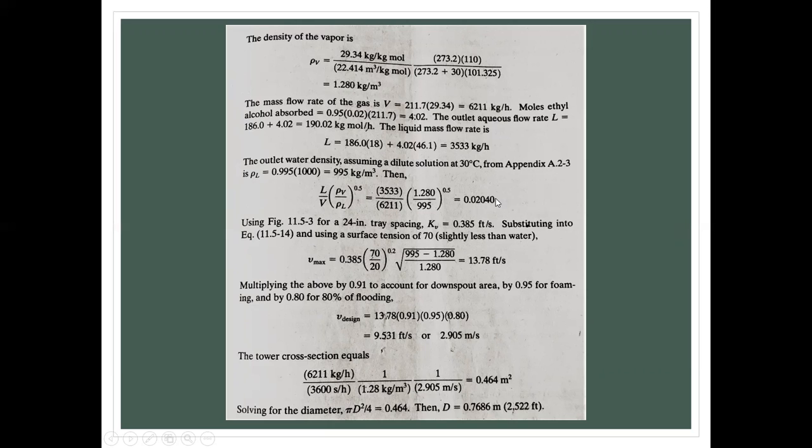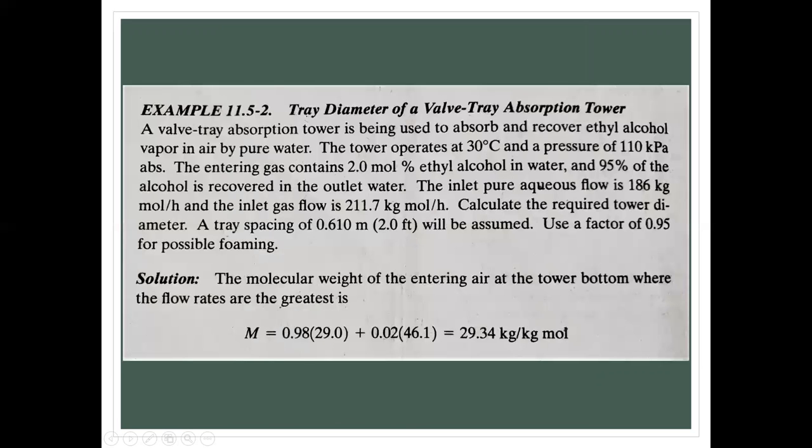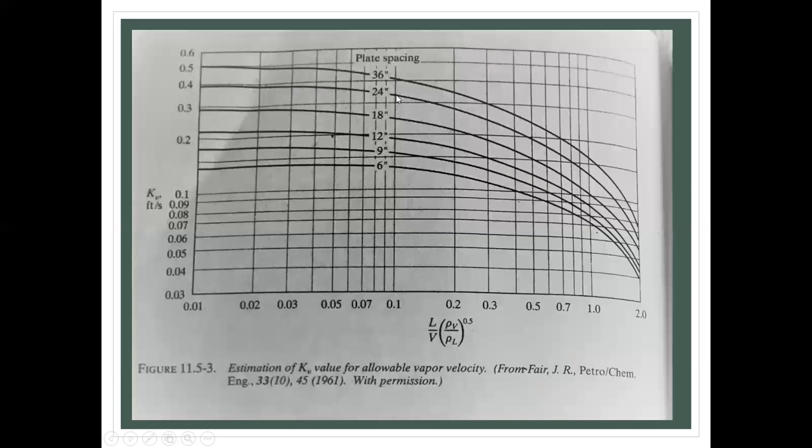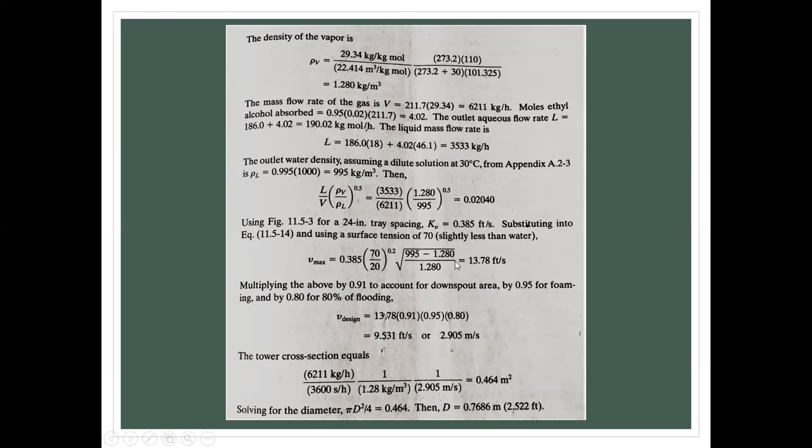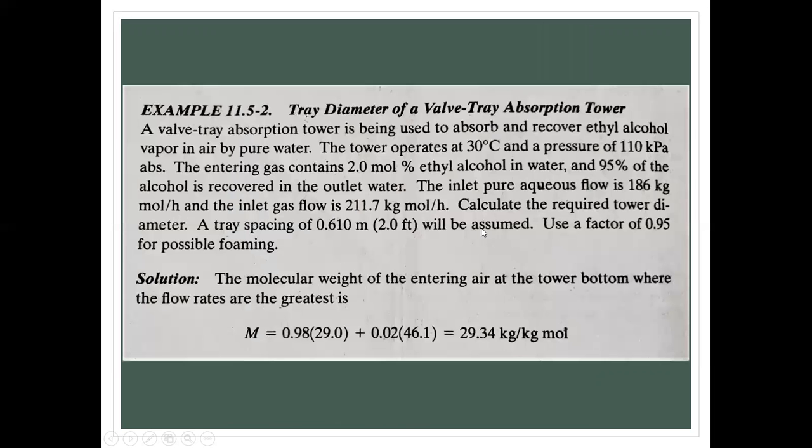So if you use this value together with the 20-inch tray spacing, that value, you go up here and read here. So the KV, let's see, the value of the KV is 0.385, more or less on this particular range of value. If you substitute it on the equation,